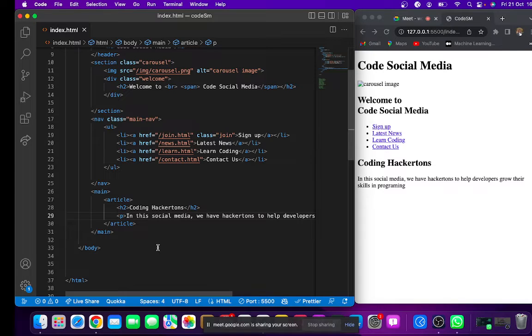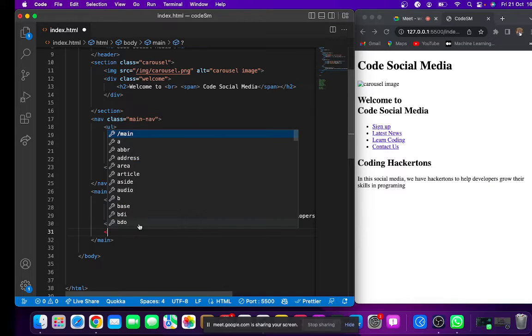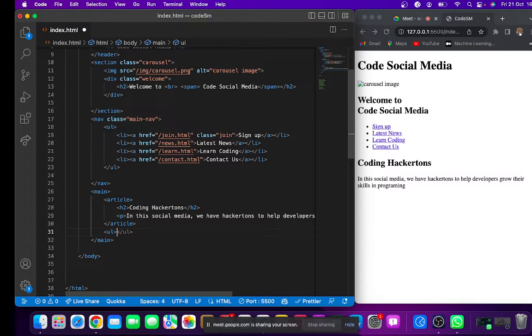So let's have an image. Anytime you want to have a list, it's always good you put your list inside another list. So I'm going to say UL because I want to have a list of images. Once you put UL, the next thing is to put LI. You can put as many LIs as possible inside your UL. But inside this very LI, I simply want to have my image. So I simply say img